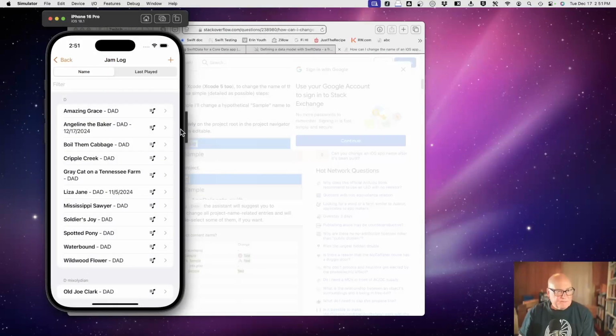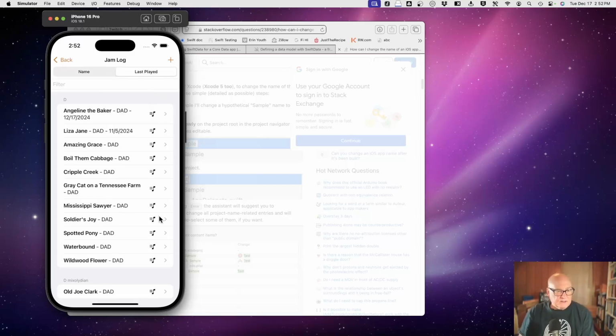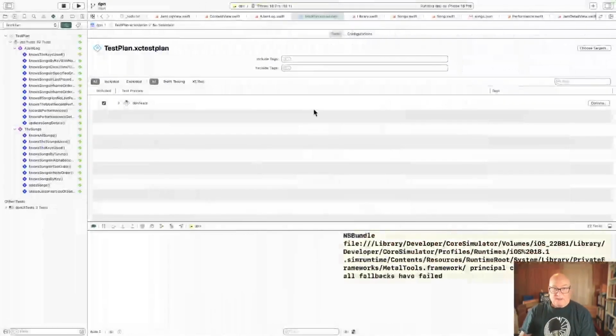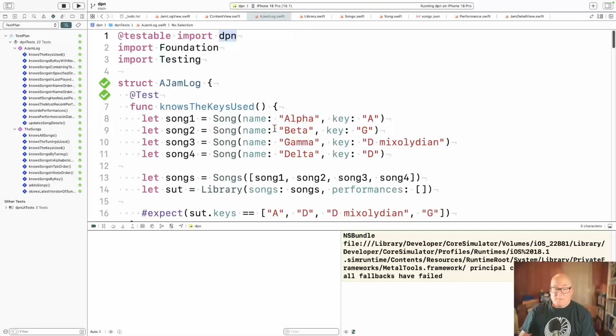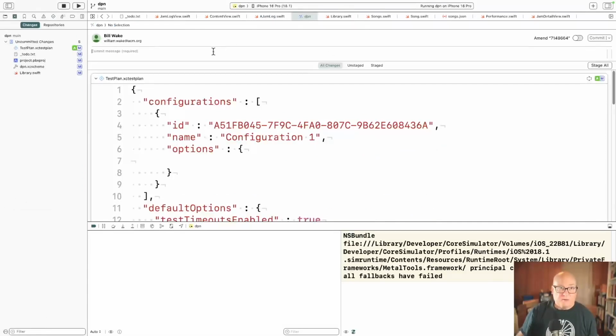Yeah, I guess the performance stuff would have to be different. Okay, but yeah, he's there. Okay, last played shows it. Okay, so I think that's working. Now, we can't tell if it's useful, right? Because we only write stuff into the new structure of the songs. We don't read it there yet, but so far we're refactoring as far as I can tell. We're creating stuff and it's not blowing up when we add it.